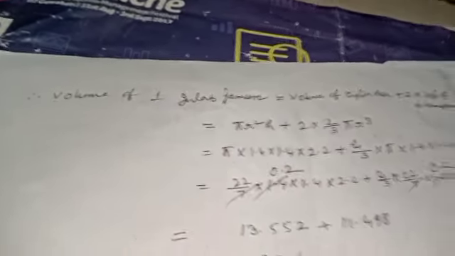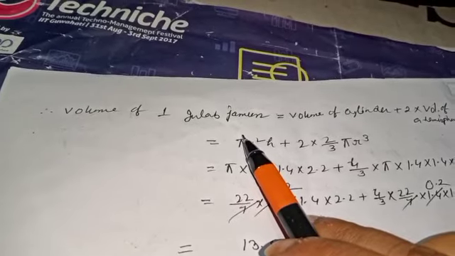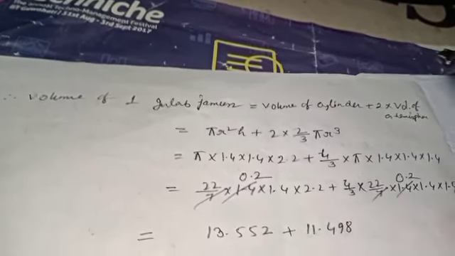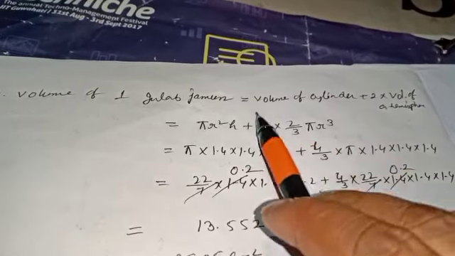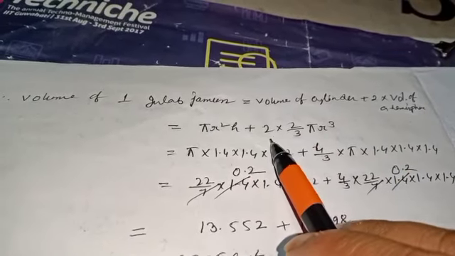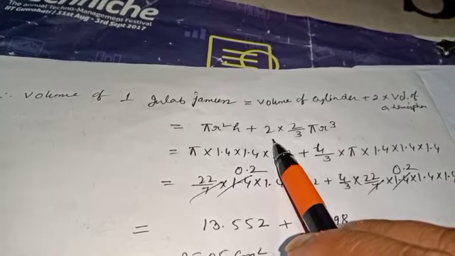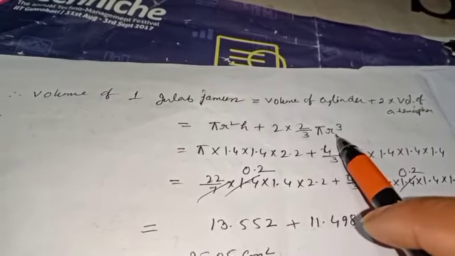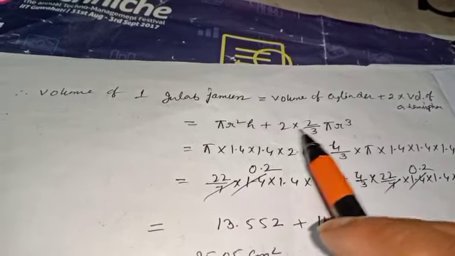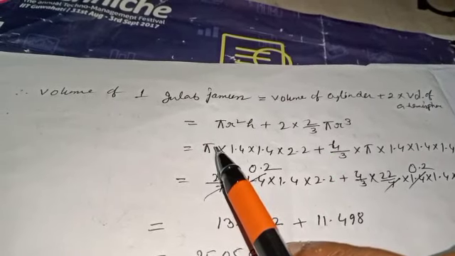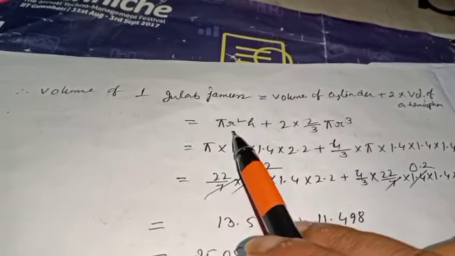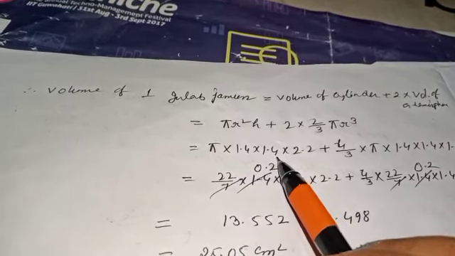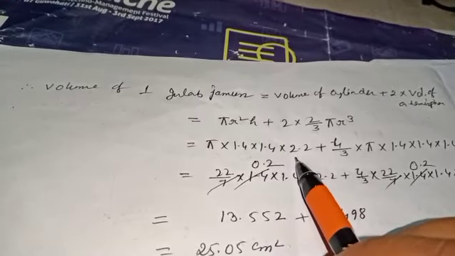So the volume of one gulab jamun is equal to the volume of the cylinder plus two hemispheres, so 2 into the volume of a hemisphere. Volume of cylinder is pi r square h, and 2 into the volume of a hemisphere is 2 by 3 pi r cube. You can take common, or you can put the values directly. Pi, the value of r is 1.4, so r square is 1.4 into 1.4, then h is 2.2, the height of the cylinder,